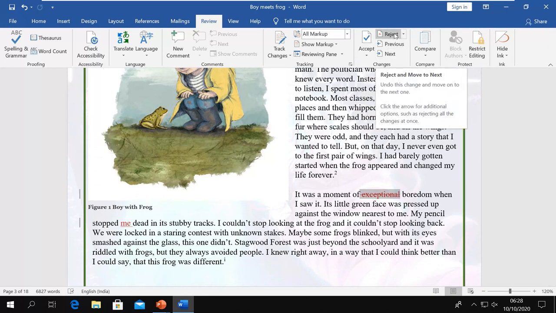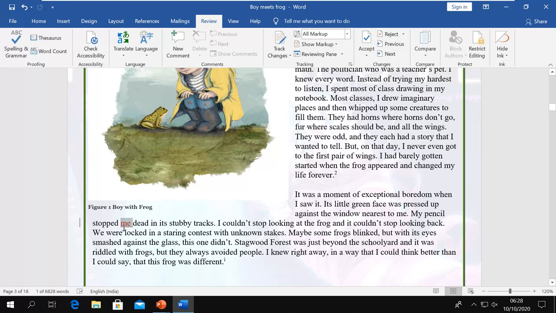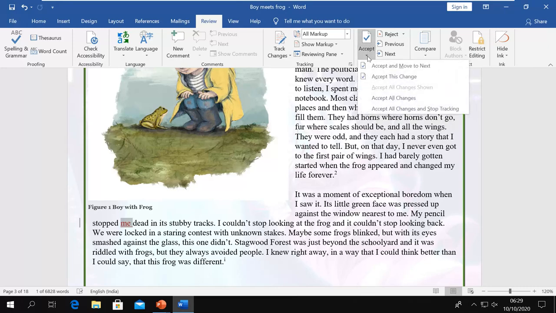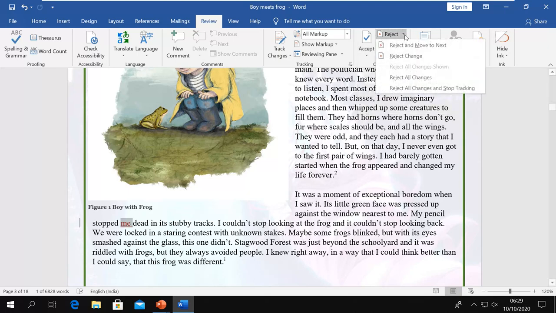If you want to reject it, click on reject, and then it will go to the next change. If you want to accept it, you can accept. Now one more thing, you can do accept all, and also stop tracking, if it is still enabled. And you can also do reject all and also stop tracking.